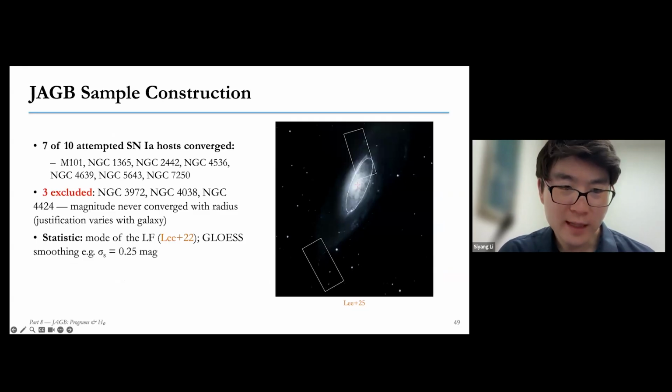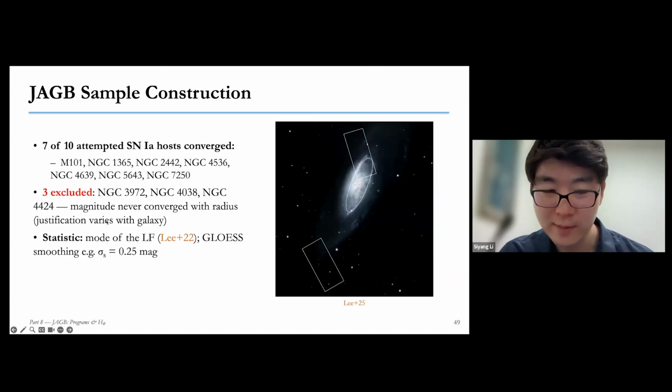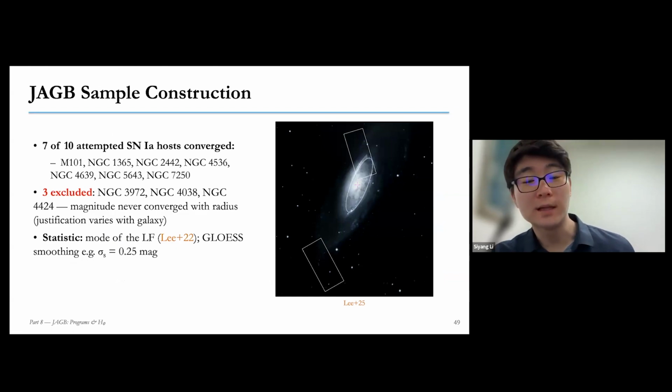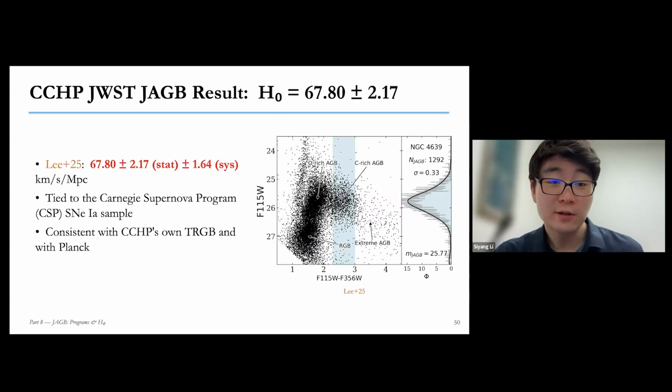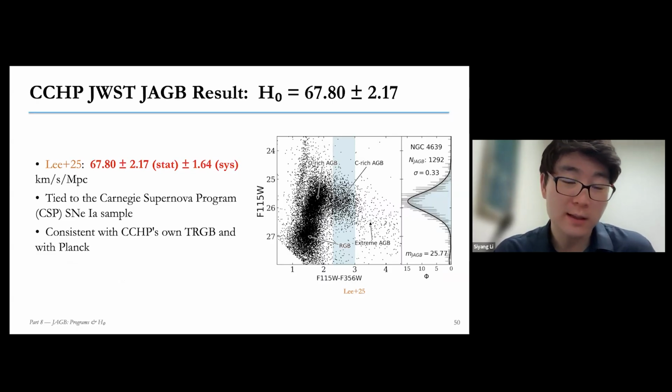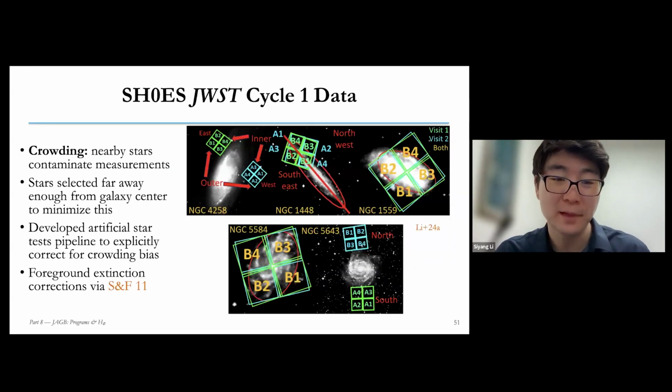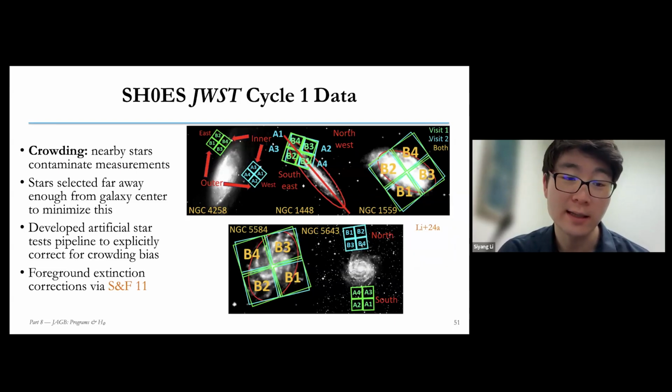They attempted to measure the JAGB in 10 galaxies. They excluded 3 galaxies because their spatial selection tests didn't converge. They do get a Hubble constant value that's on the lower side, around 67.8 kilometers per second per megaparsec. It's consistent with the CCHP's own TRGB measurements, as well as very consistent with the early universe measurement of the Hubble constant. Now, the SHOES team also measured a value of the Hubble constant using the JAGB method. So here we're showing